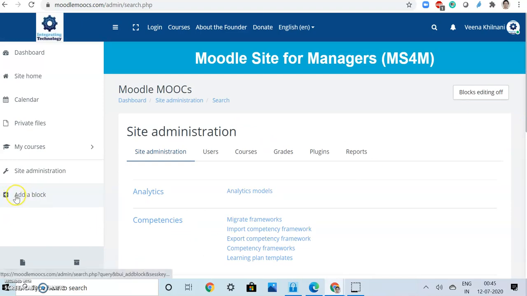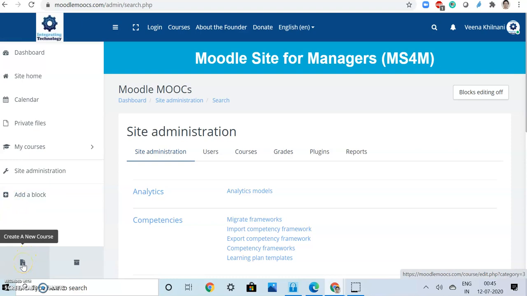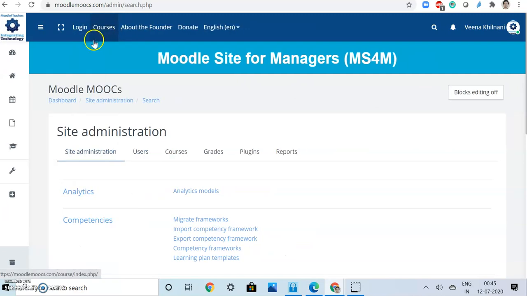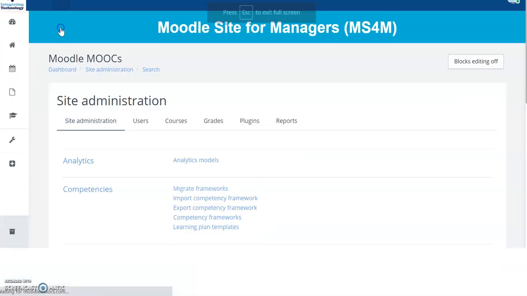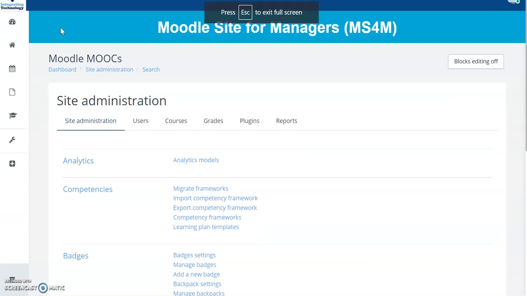To add a block, you can start from here, and right at the bottom over here, you also have the facility to create a course by clicking this icon, or you can have a look at the archive pages, and you can start the editing by using this particular icon. On top again we have the same symbols that we saw last time. This is to expand or narrow the left bar. Then you have your listing full screen, and you can come out of it again.